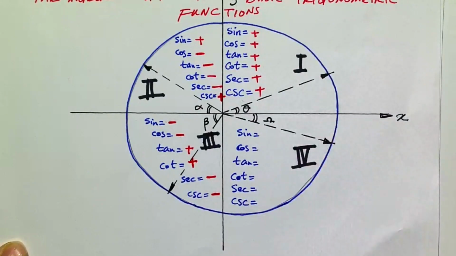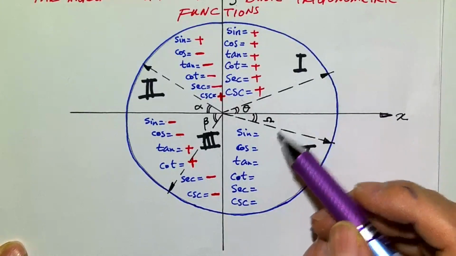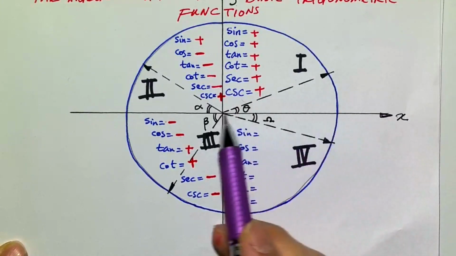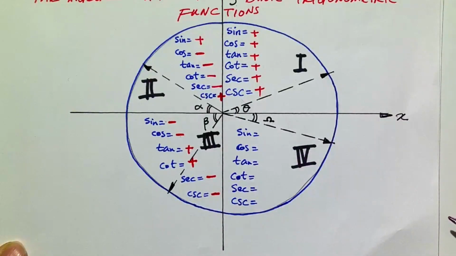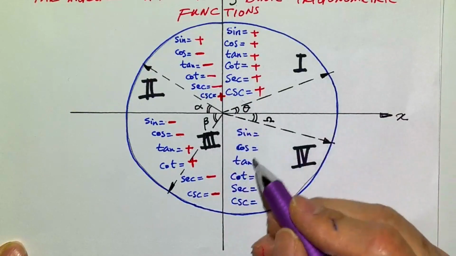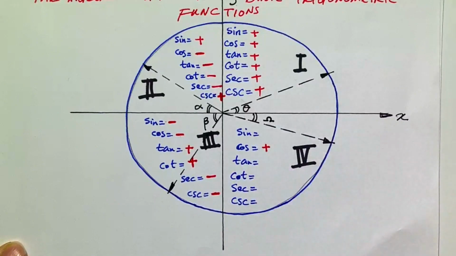And how about the fourth quadrant, right? So in the fourth quadrant, the x-axis is positive. What does that mean? Then which one of these should be positive? The x-axis is associated with cosine, so that's going to be positive. What else should be positive here?